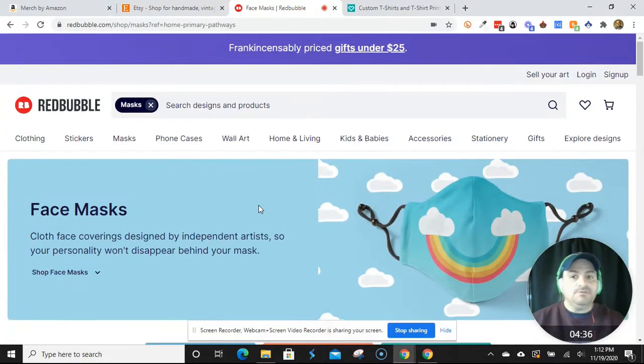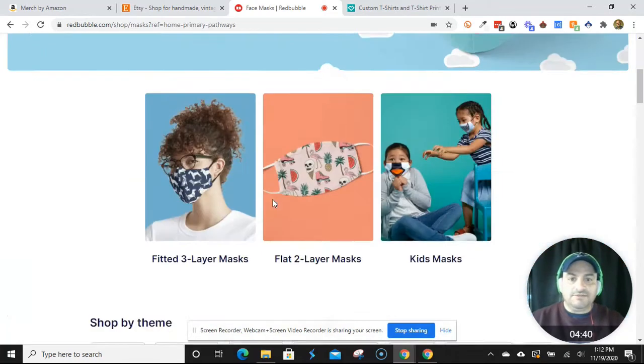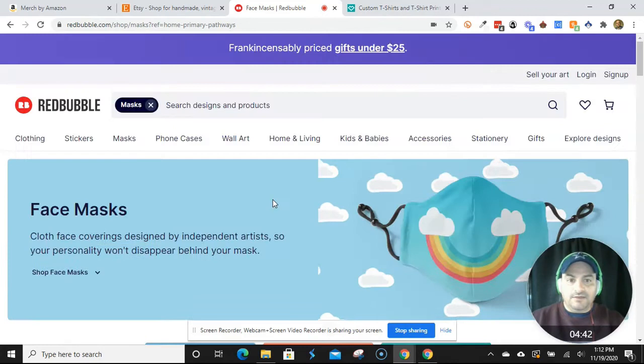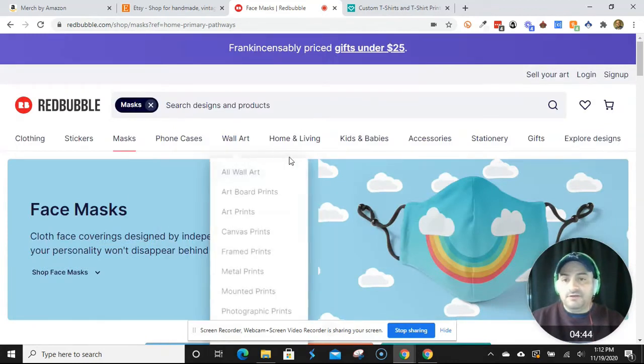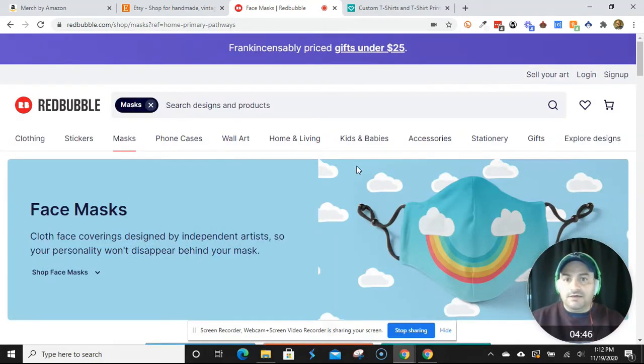You can do a lot of simple text-based, but you can do that here with Redbubble as well. But just know that the competition is definitely fierce. You have a lot of good creators on here with some very, very nice graphics. But Redbubble is another place totally free for you to get onto this platform as well. So if you haven't yet become a seller on Redbubble, you would click this on the Sell Your Arts.